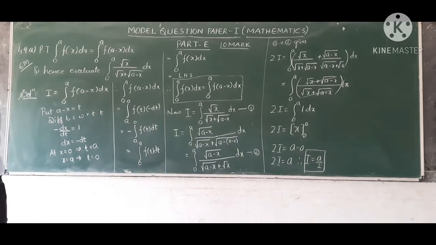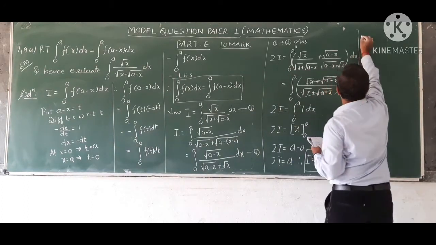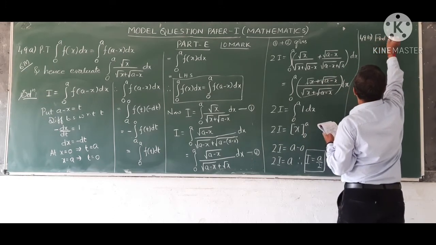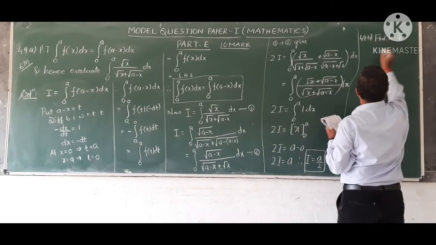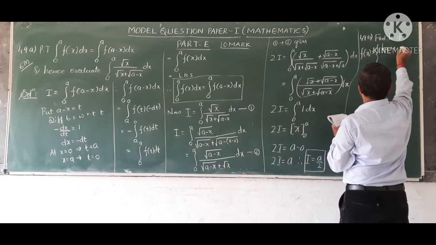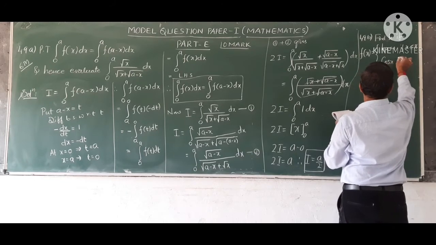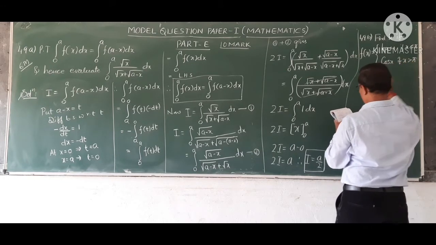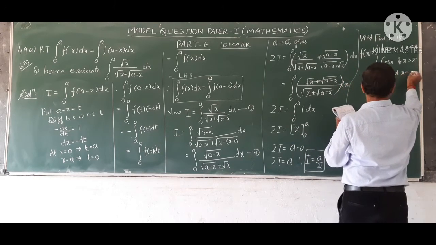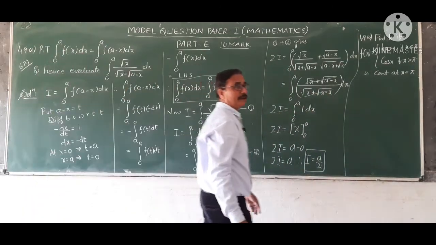49B, 4 mark. Now here 49B question, a very simple question based on continuity problem. Find the value of k if f of x is equal to kx plus 1 if x is less than or equal to pi, cos x if x is more than pi, is continuous at the point x is equal to pi. The given function is already continuous. Then to find the value of k.